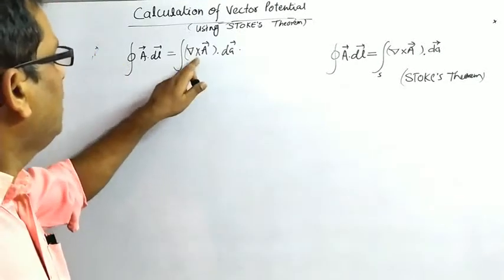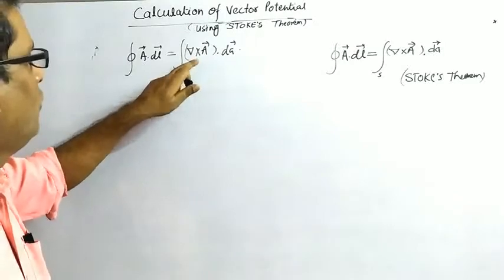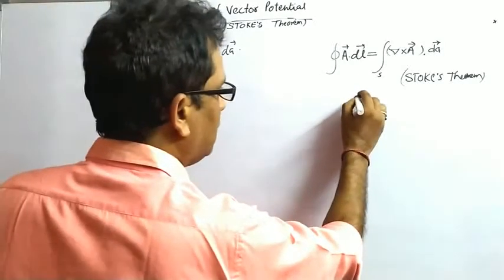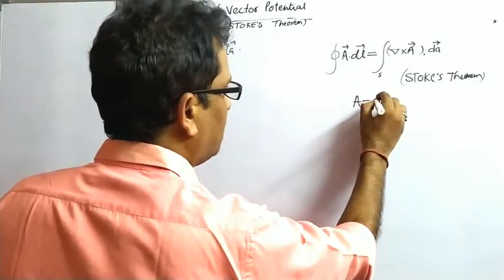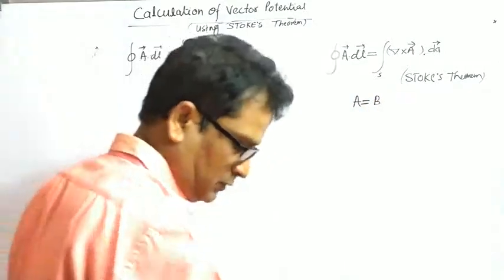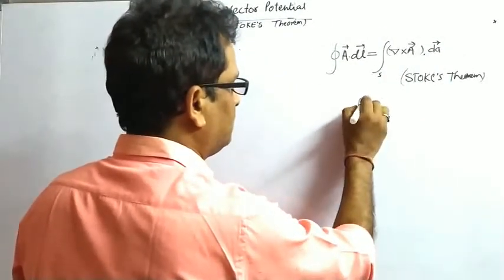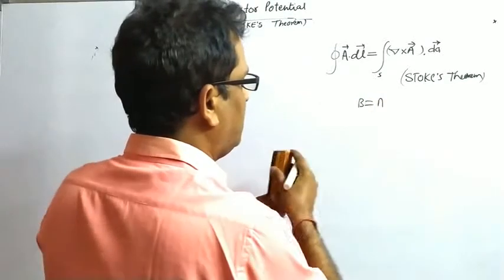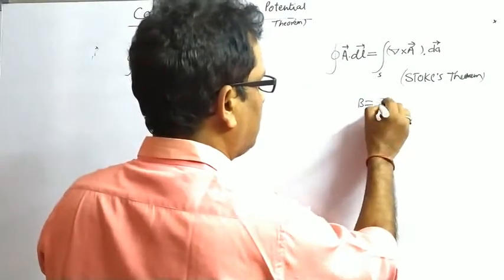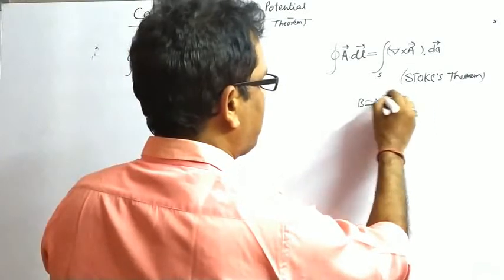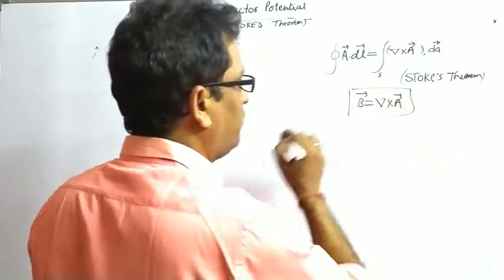So curl A dot dA. Now magnetic vector potential A is defined by B equals curl of A. So this is the defining equation for